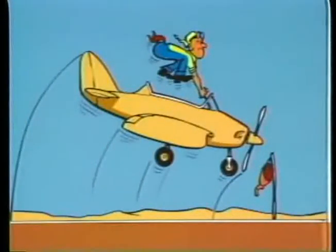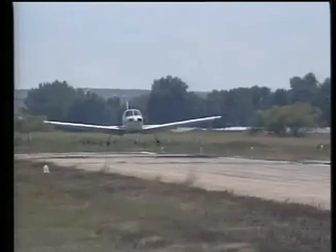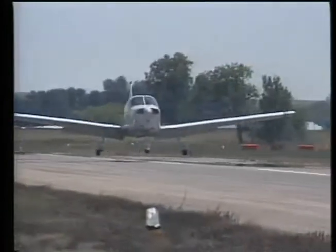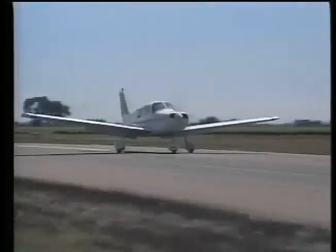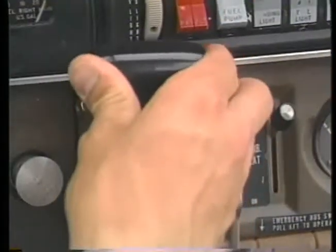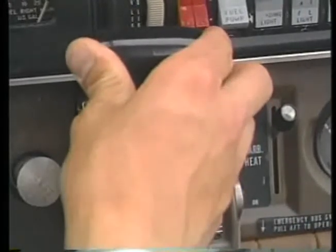If your flare is started too late, you may touch down at a high rate of descent and the airplane may bounce. If the airplane bounces just a few feet in the air and you have plenty of runway left, you might consider placing the airplane back in the landing attitude, adding a little power and letting the airplane settle back onto the runway. Under many circumstances, however, it is best to initiate a go-around by applying full power and